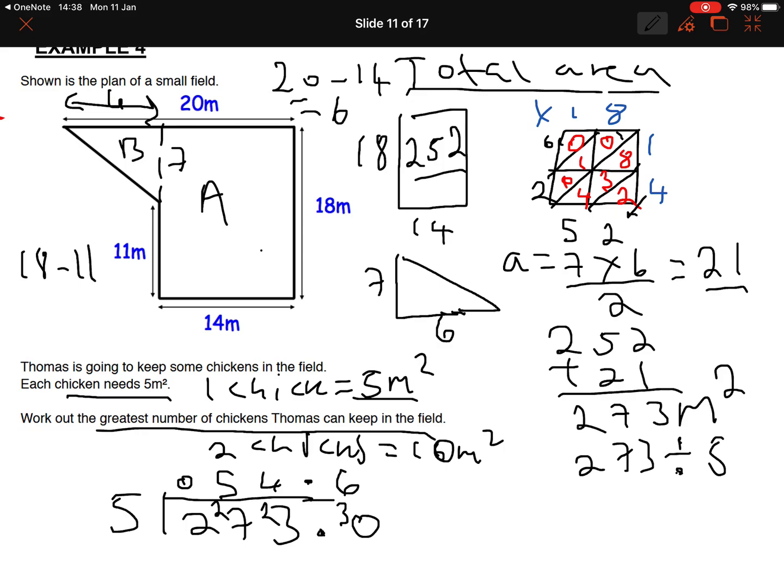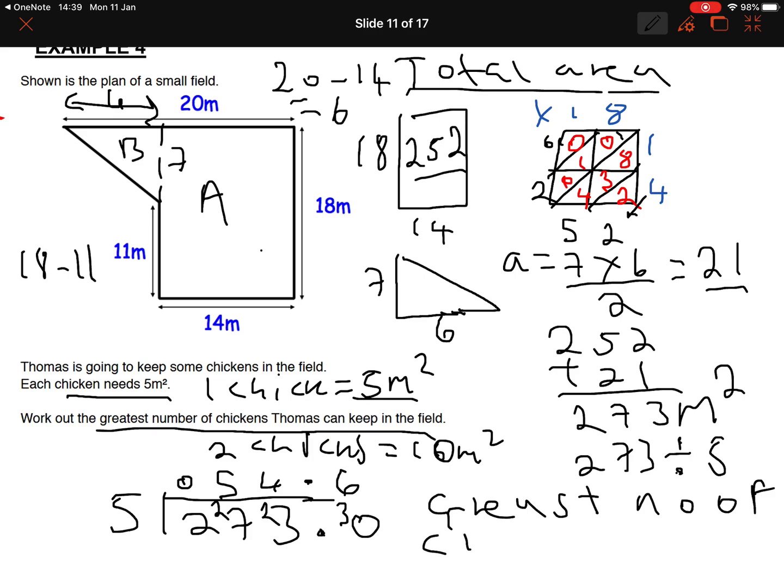5's go into 30 6 times. Okay, so it's 54.6. Obviously you can't have 0.6 of a chicken. And if I were to put in one more chicken, it's going to be too full. So the most amount of chickens I could have is 54. Okay, so